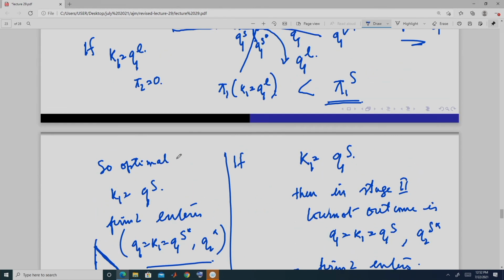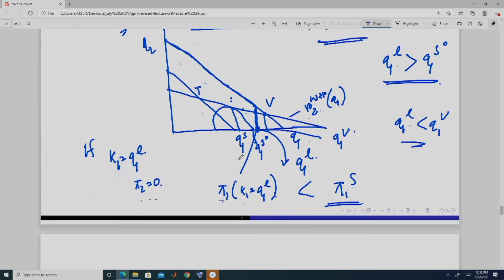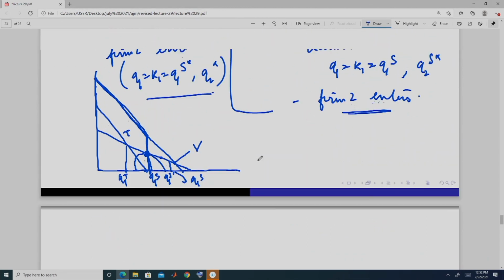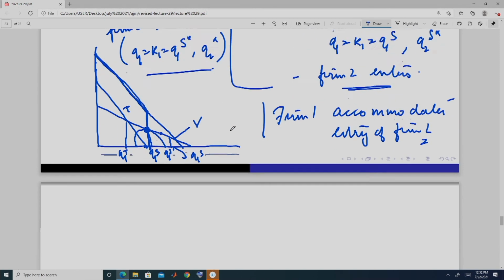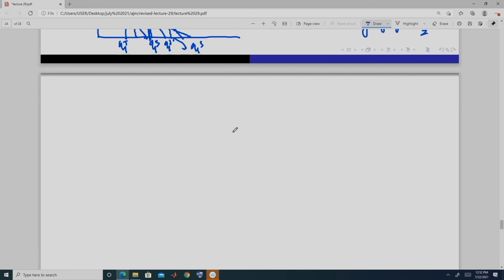So, in case 3b, we see that form 1 accommodates the entry of form 2. Here form 1 accommodates the entry of form 2. Okay. Next, we look at this